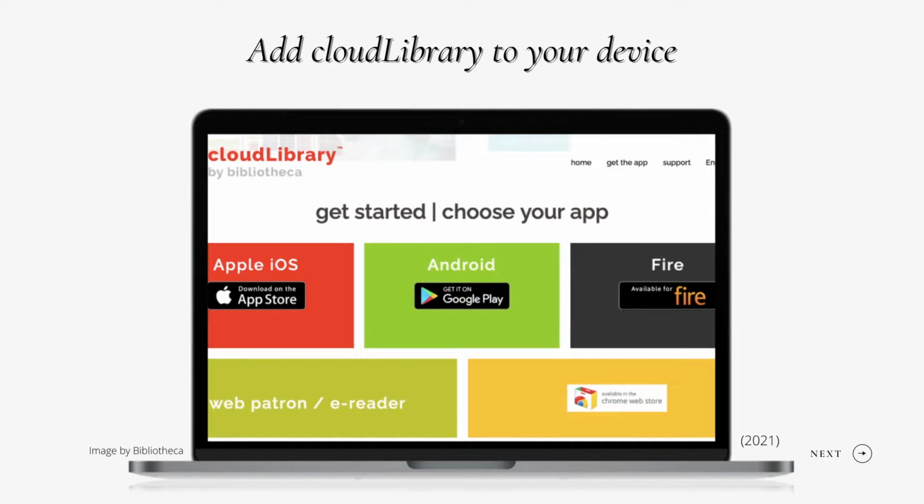To begin adding cloudLibrary to your device, locate the cloudLibrary app on your appropriate device platform. Download and follow the prompts to locate your library, input your information, and add membership number and PIN code. The cloudLibrary app will generate a virtual card from that information. cloudLibrary is accessible on the following devices: